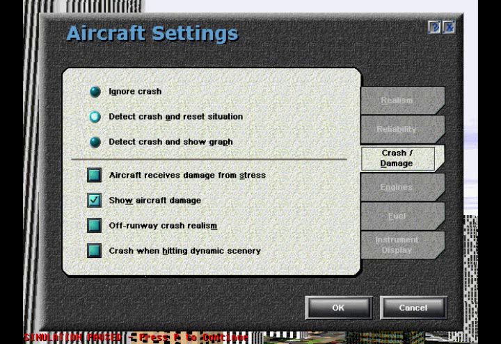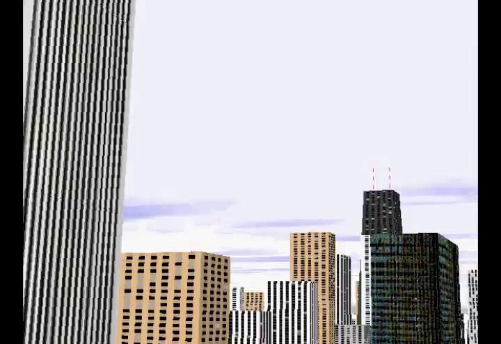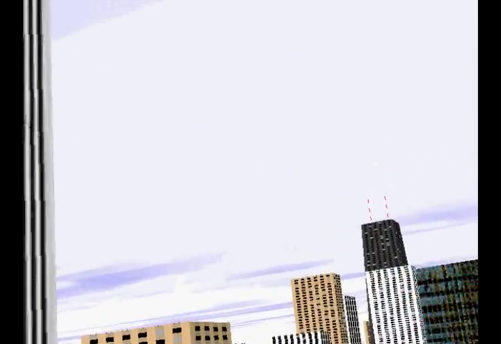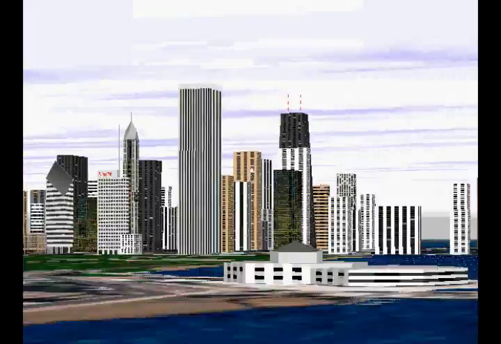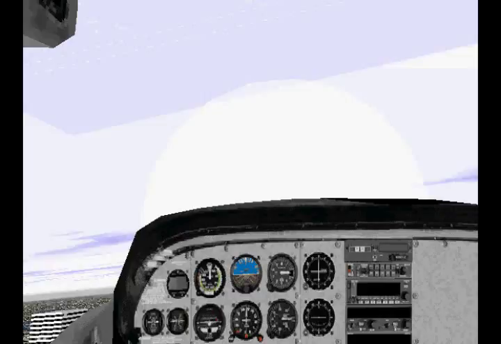Oh, yes, you can. Yeah, you can click ignore crash right here. Then we can detect crash and reset situation, detect crash and... I can't even speak properly right now. Actually, I would like to know what this does. Detect crash and show graph. I guess we'll enable those other options as well, so I can crash into buildings. Alright. In that case, I better avoid them here. Holy jeez. I will be showing you what happens when you crash your plane in this game, but,